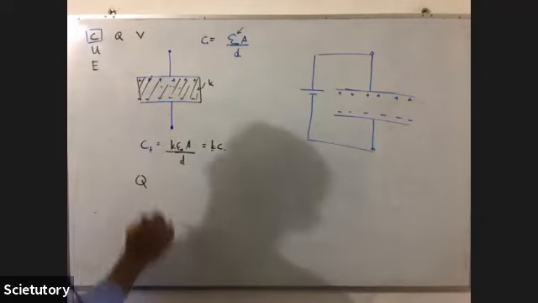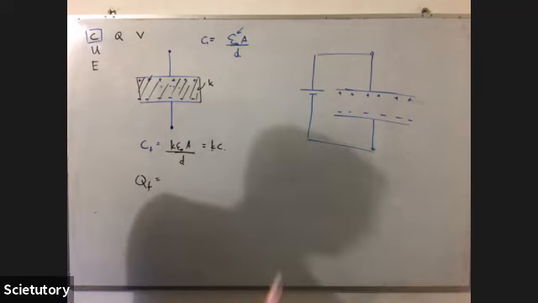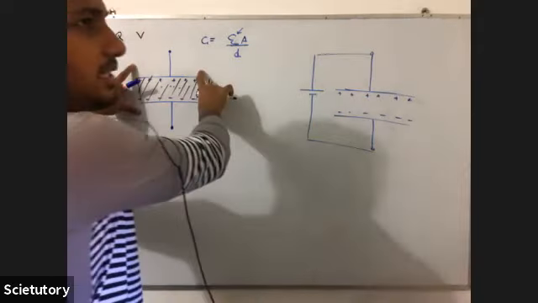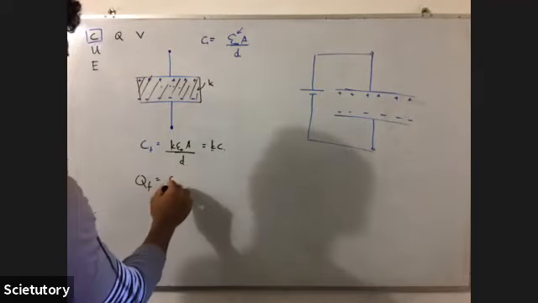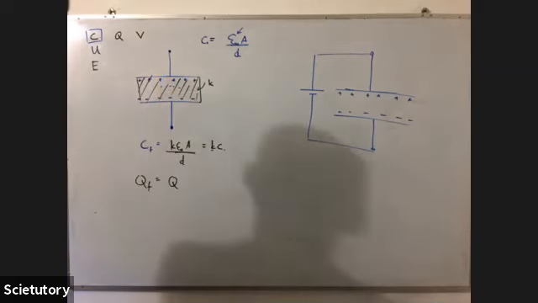So what's going to happen to Q, Q final? Tell, this is an easier question. Will it change? It is not connected to any voltage source, so it is separated from the external environment. There is no chance for these charges to escape. So Q final remains Q.